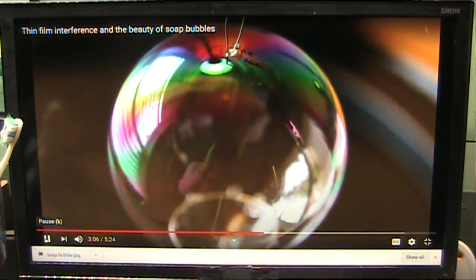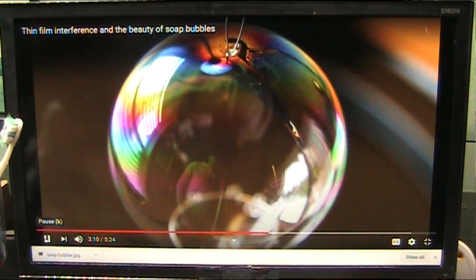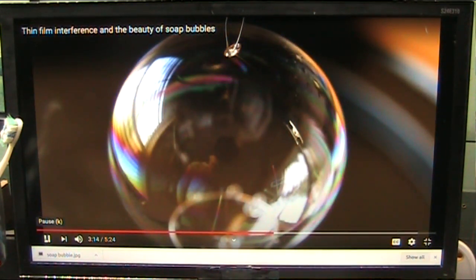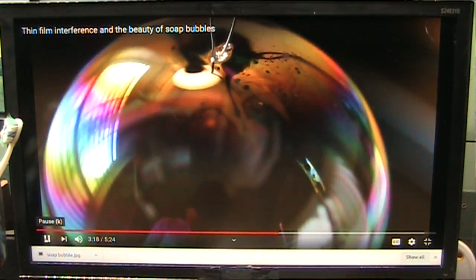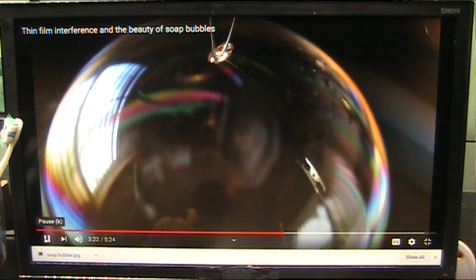We can again see banding as a function of height, changing with time as the fluid is pulled from the top of the bubble to the bottom. And then right there, the bubble has become so thin that no reflections are possible. Look closely, you can actually see the reflections disappearing. Shouldn't we just see white?